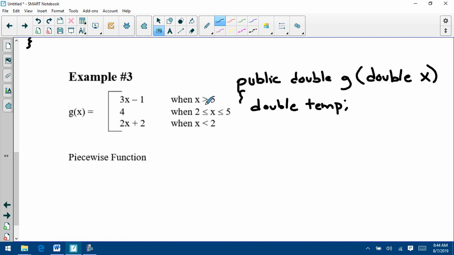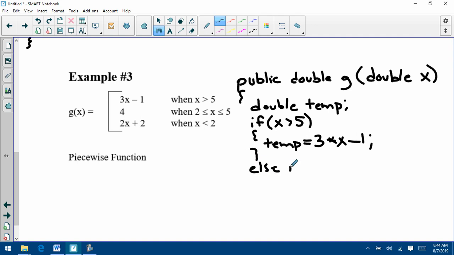So since this is a piecewise function, I've got different options. So depending on what x is, depends on what math we do. So if I say if x is greater than 5, then we would set temp equal to 3 times x minus 1. So we got 3 options. We should use else if. So else if,